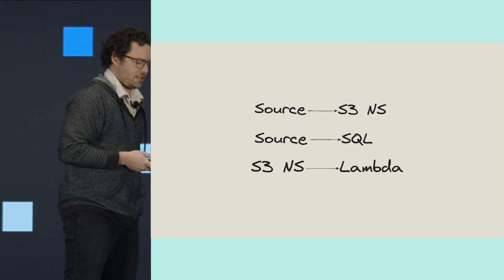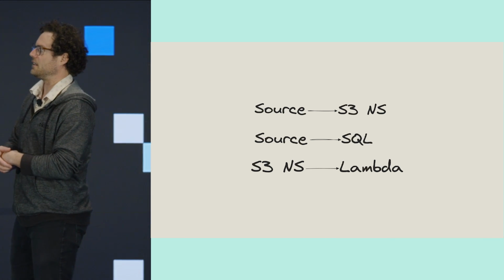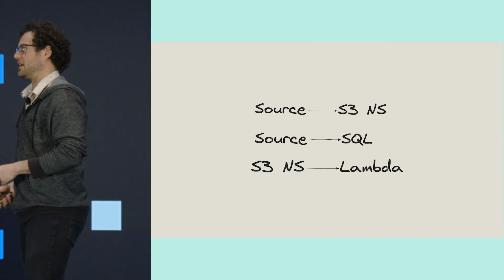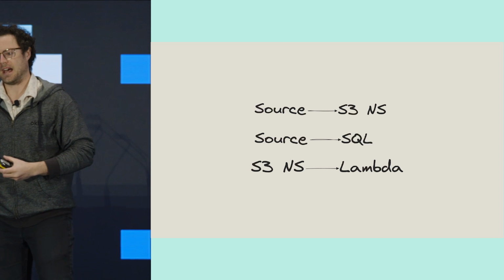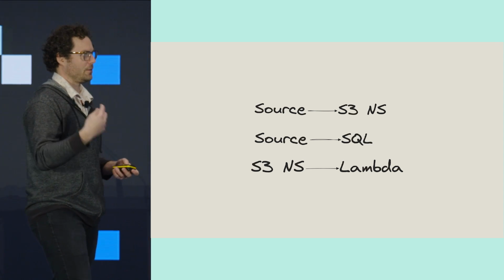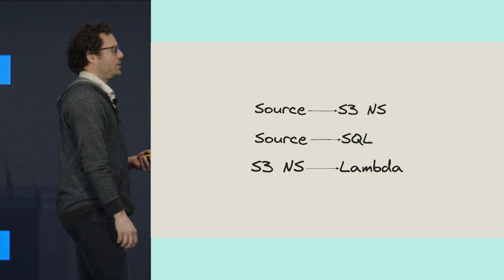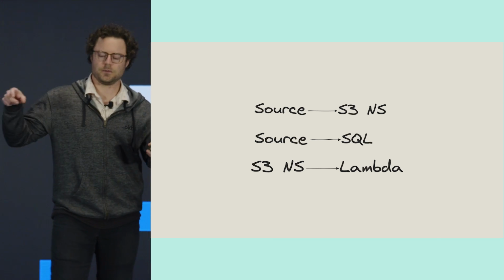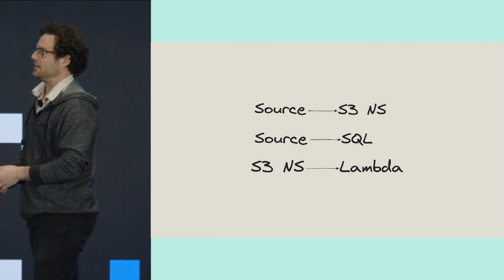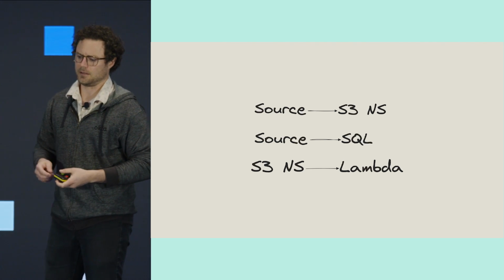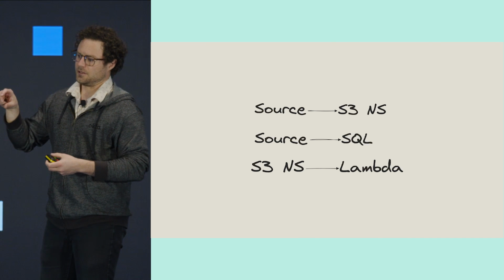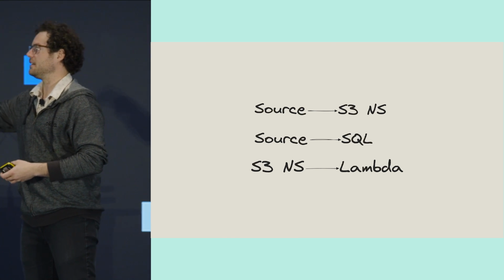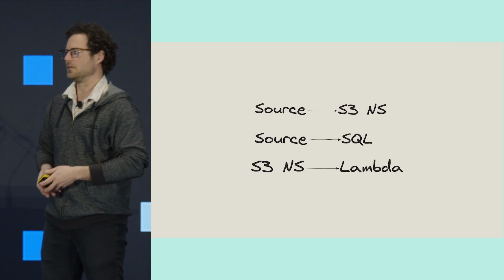So as sources land in S3, effectively what we needed to do is maintain a mapping of source to an S3 namespace, whether that was a bucket, a path, a pattern of path, or a file name explicitly, etc. So a source we mapped to an S3 namespace. We also mapped that source to the SQL that would basically model it upstream of Snowflake, as well as harvest signals from that particular source. So AWS.CloudTrail lands here in S3, and this SQL is used to break it out.